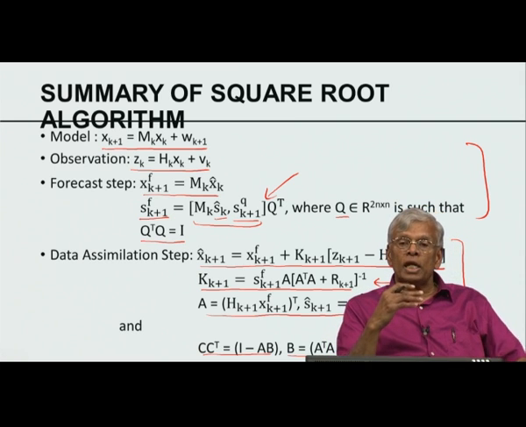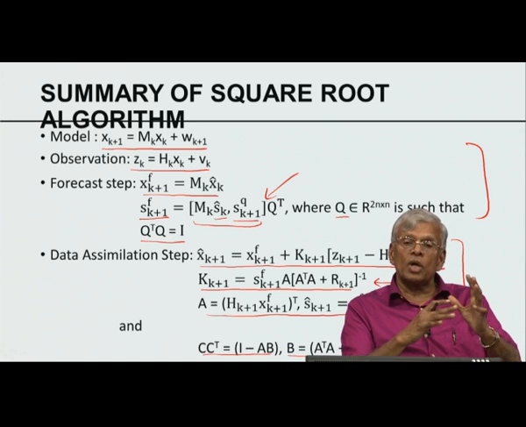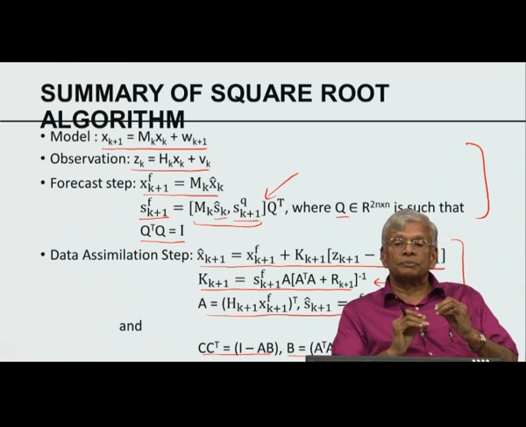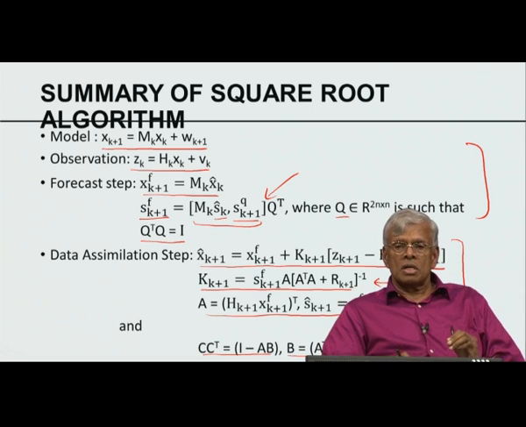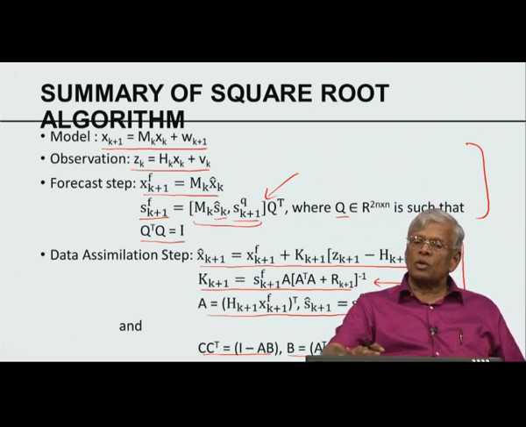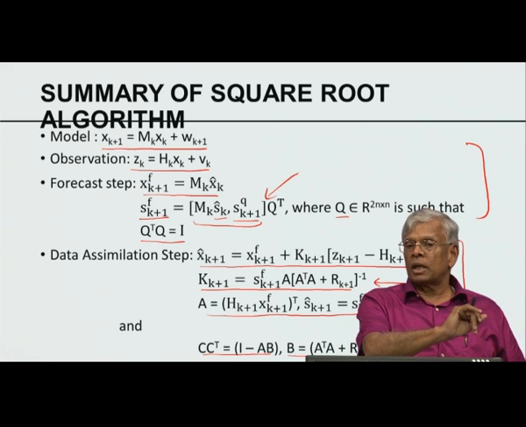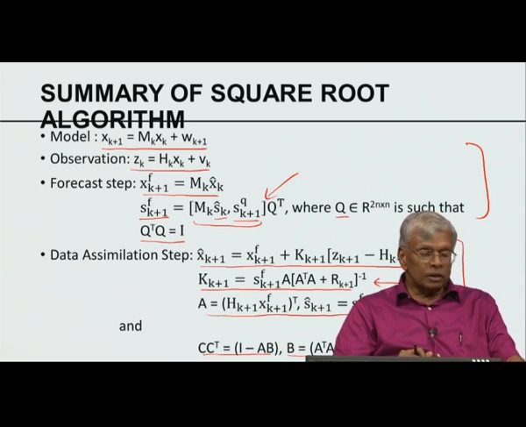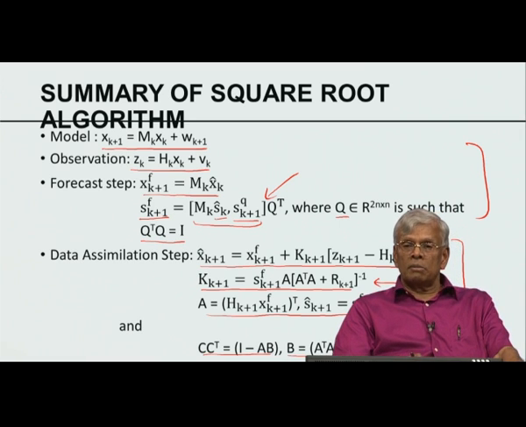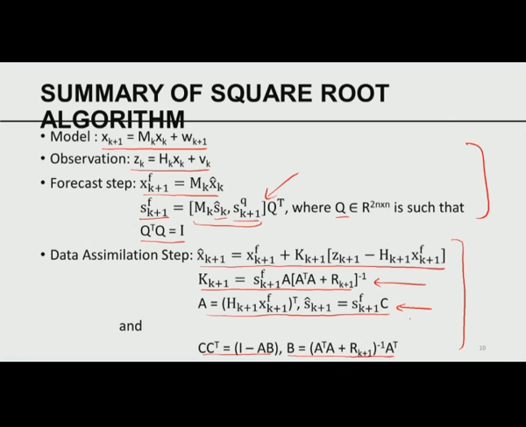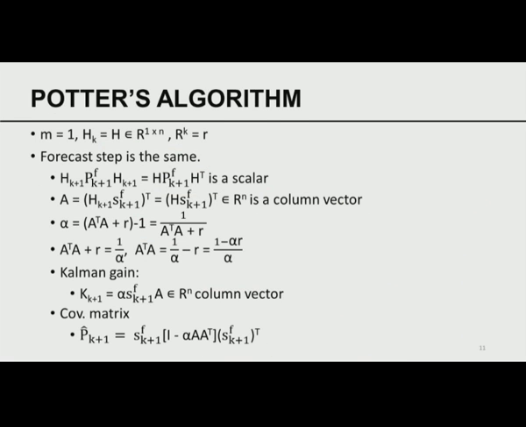So by combining the square root and the ability to do a QR decomposition, I can in fact derive the square root version of the Kalman filter. It was this kind of square root version of the Kalman filter that was implemented in the Apollo mission that led to a very successful ability to track, and that was one of the major applications of the Kalman filter equations in space exploration. So given that as a background,